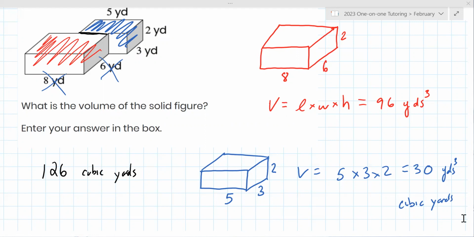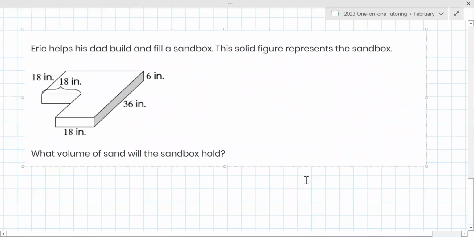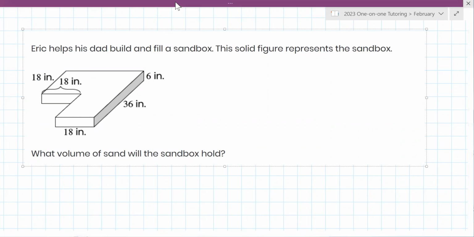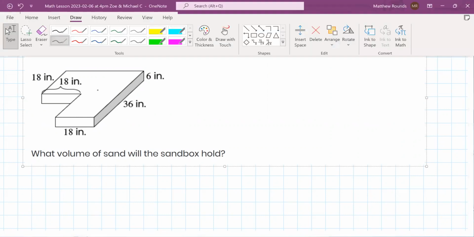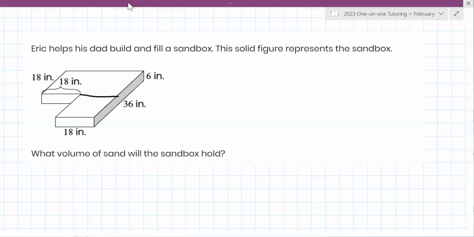This is another composite shape. It says that Eric helps his dad build and fill a sandbox. The solid figure represents the sandbox. So we're going to make a cut here, right there, and we're going to look at the